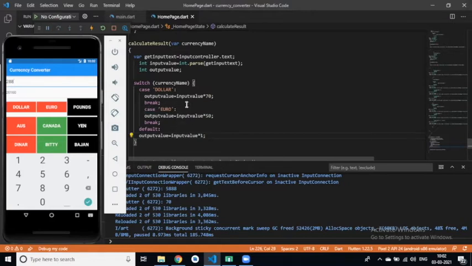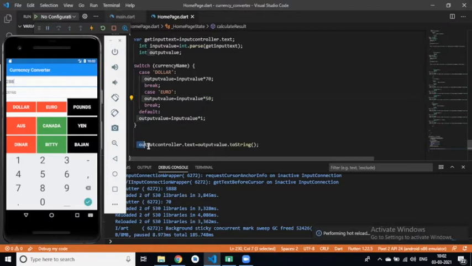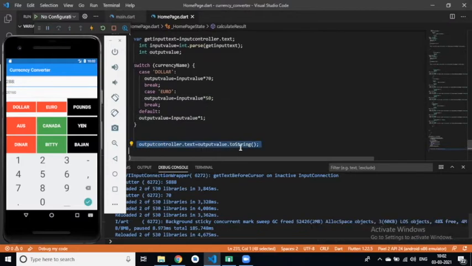Understand? In the case of dollar we will multiply our input value by 70. In case of euro we will multiply our input value by 50, and in case of default we multiply by 1. We have already set output controller dot text equal to output value dot toString.